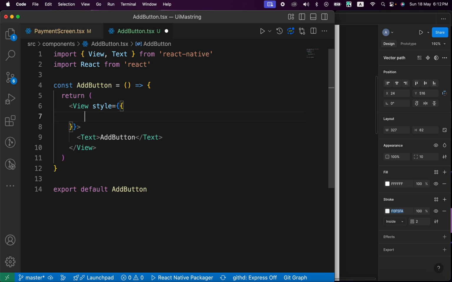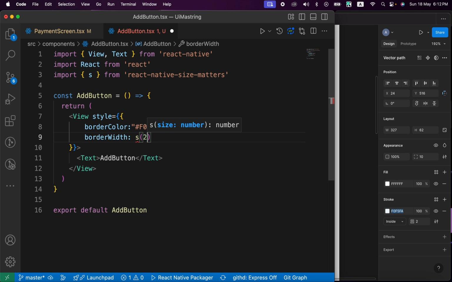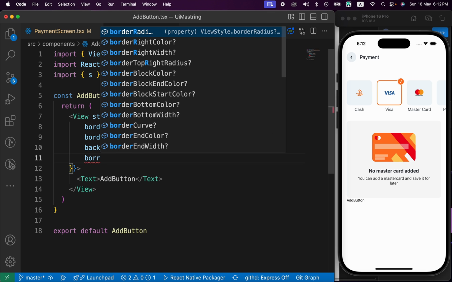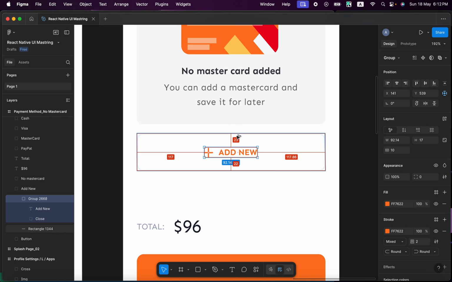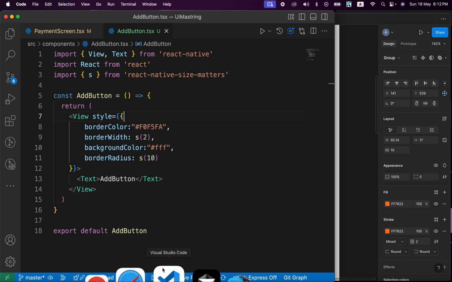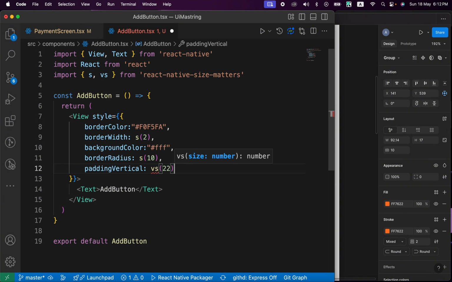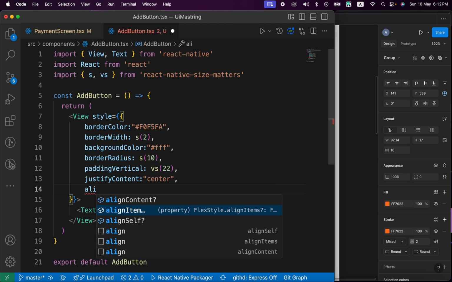Okay, so the border color is this hex color. Border width is scale of 2. Background color is white. Border radius is a scale of 10. And let's see the padding. We got here padding top and down 23 and 22. Let's make it 22. So here padding vertical scale of 22 and justify content center and align items center as